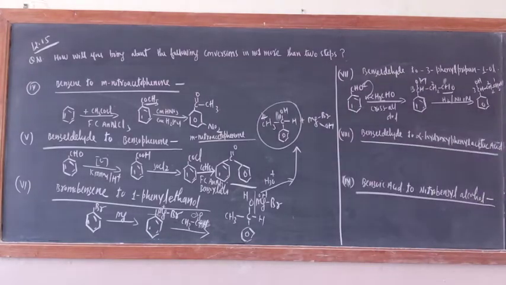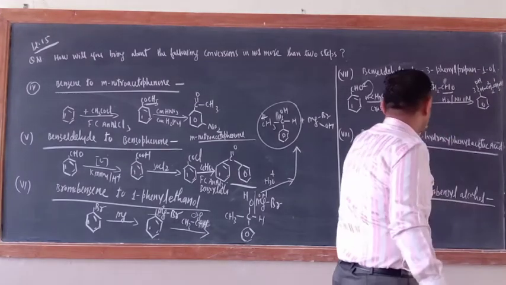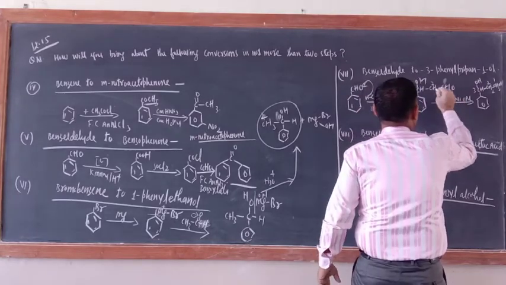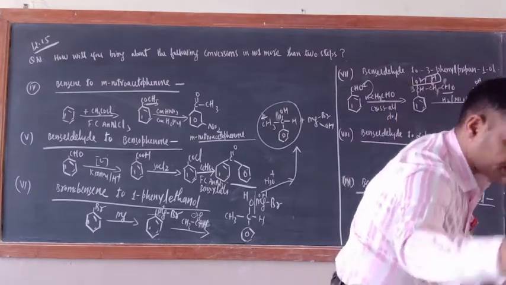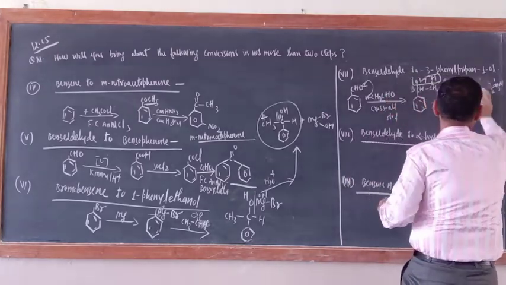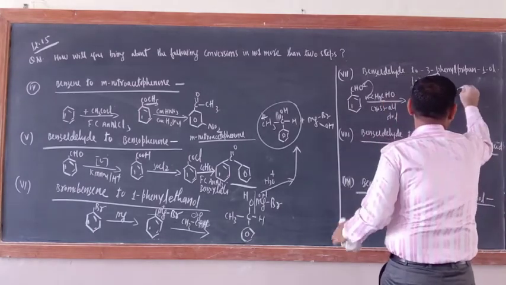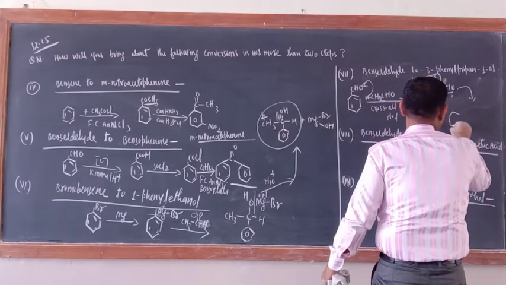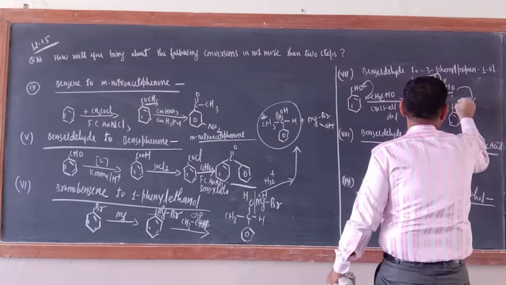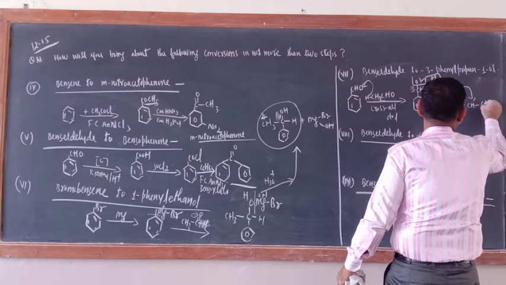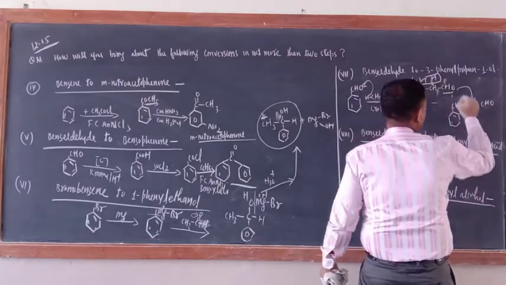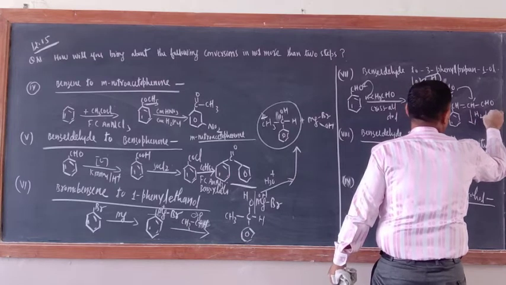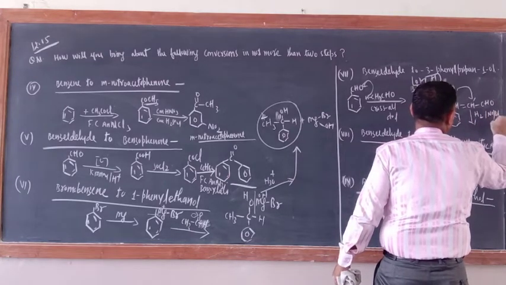Somewhere a mistake is there. Dilute NaOH. Actually, just a minute. Now you have to heat first. Heat this one, then 1H and this OH will come out. So when you heat this one, you will get this product. Benzaldehyde, this one, CH double bond CH, CHO. Correct? Now subject it to hydrogenation, H2, nickel, Pd, Pt.